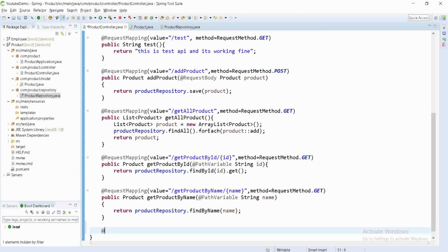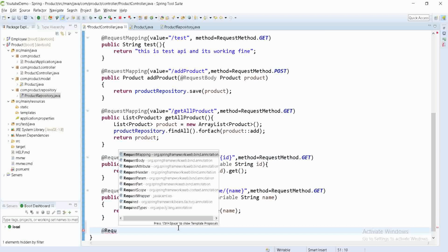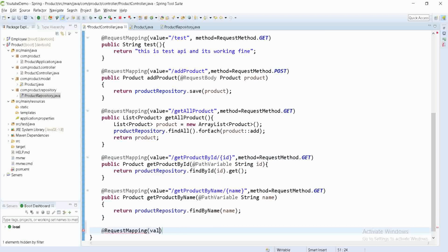So we are going to use the same request mapping. There will be two parameters. The value: here we are updating, so update product. The second parameter will be the method, and since we are updating, the type will be PUT, which is used to update the data.